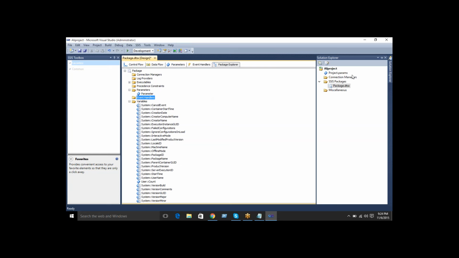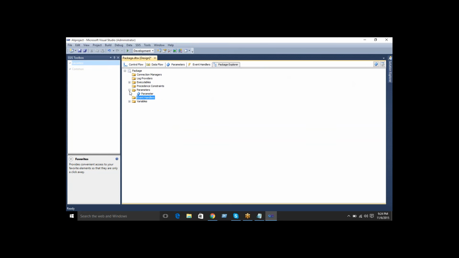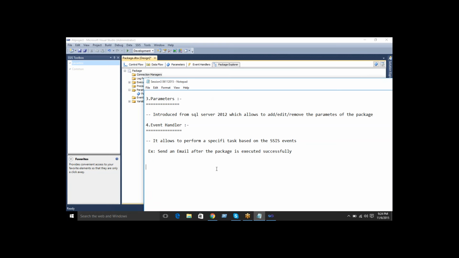Once your package is created, you identify what types of operations we have to perform in it. Simply go to your package explorer and see all these properties in that package. We'll see later, once you create a package, what type of data is loaded in the package explorer. So this is the fifth one, package explorer.